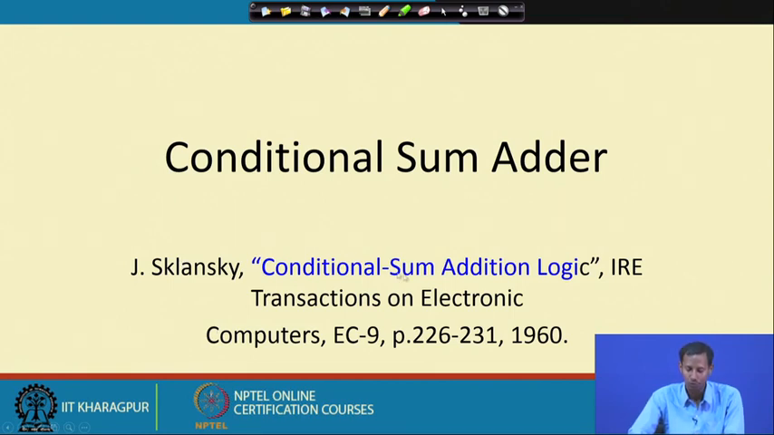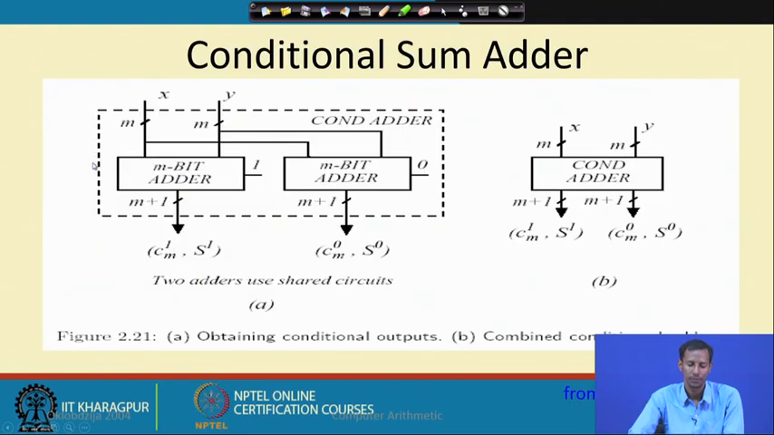And if you want to know more about this conditional sum adder, you can follow the paper published in IRE Transactions on Electronic Computers in 1960. So, here what we actually see is